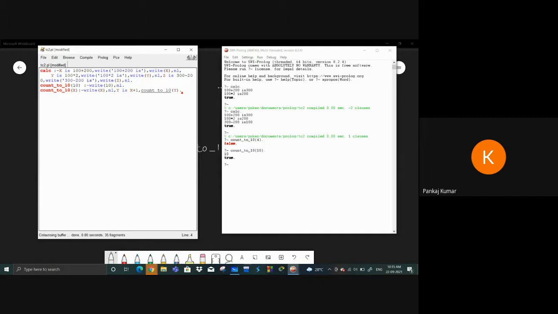Let's see what happened. It is working or not. So it will compile, and it will work: 4, 5, 6, 7, 8, 9, 10.